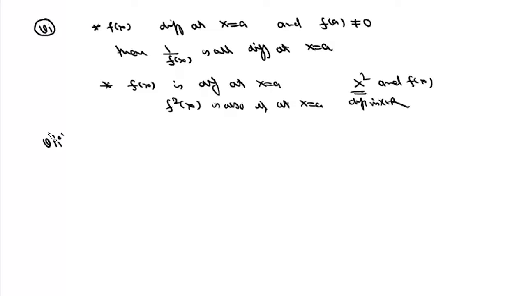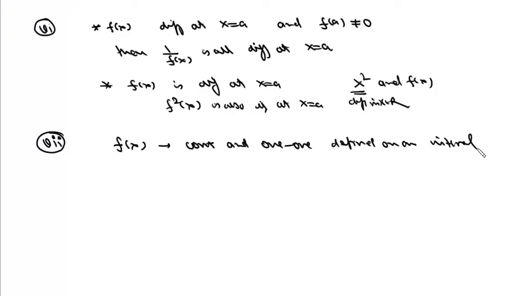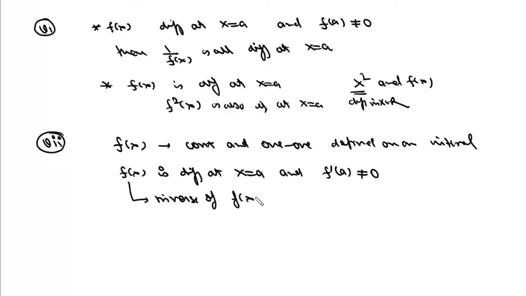Now, seventh result is, if we have a function f(x) which is continuous and one-one defined on an interval such that this f(x) is differentiable at x equal to a and f dash a is unequal to 0, then the inverse of this function f(x) is differentiable at x equals f(a), and its derivative at x equal to f(a) will be simply 1 by